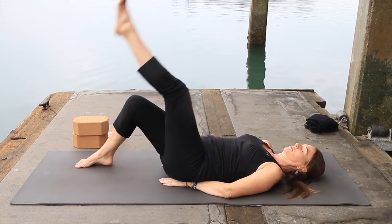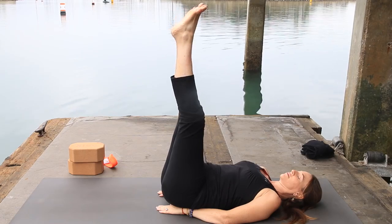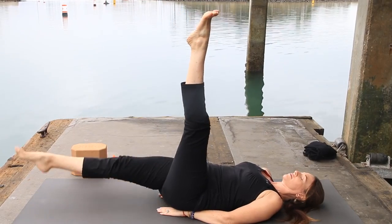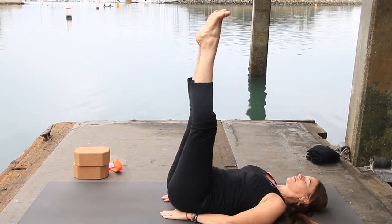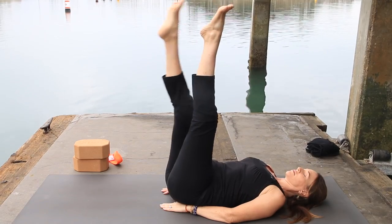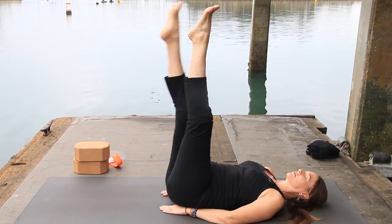Now, if you have any issues with the lower back, I will recommend that you take your hands underneath your hips. Knees can be bent or straight. Lift the legs up. If you know your back doesn't bother you, you don't have to have hands underneath. Exhale, draw your right leg down toward the floor almost, then inhale, lift it up. Exhale, the left leg almost to the floor. Inhale, lift it up. Exhale, right leg just an inch or two off the floor, then belly in, inhale, lift